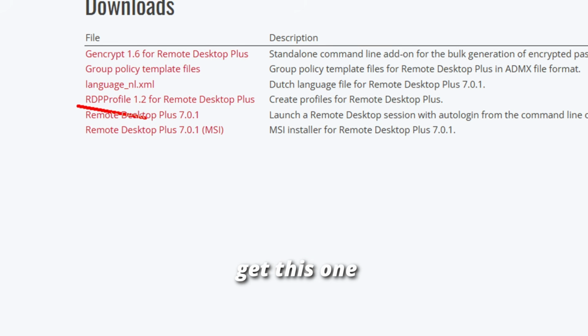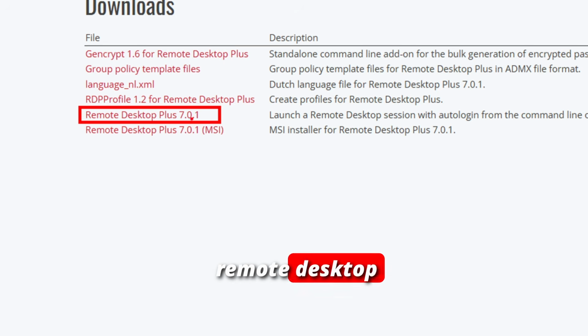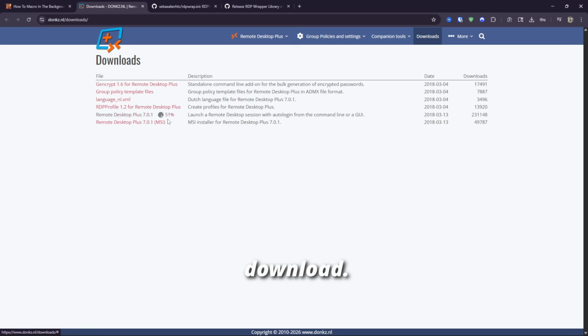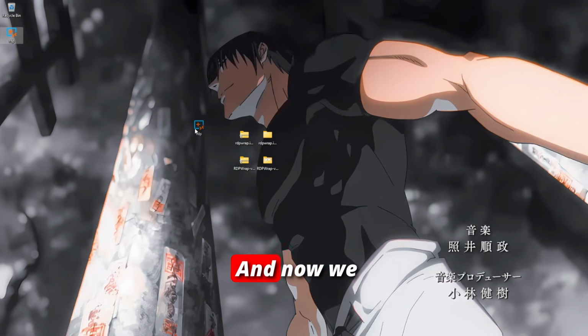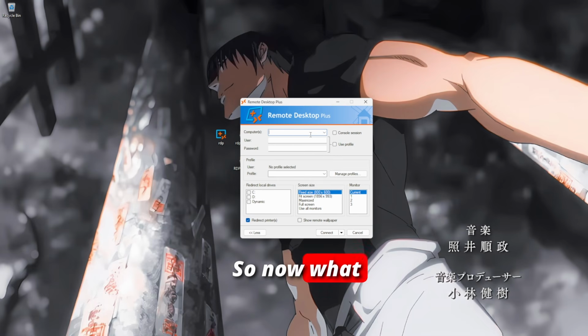You need to get this one right here, Remote Desktop Plus 0.71 or 7.01. Click download. I'm going to drag this to my desktop, and now we have this. We're going to go ahead and run this, and you should see something like this. So now what we're going to do is type out this